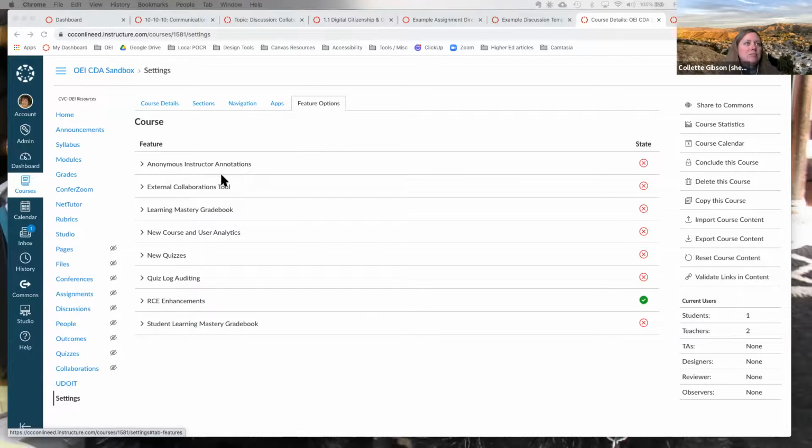Yeah. That's really good to know, Colette. I wasn't aware of that being an issue, but it's good to know. We need to experiment more with that and make sure we're letting people know about it before the start of the next term, especially if they're using it. Colette has come across a couple of weird things with Studio that we're trying to figure out. So she's testing it out for us.